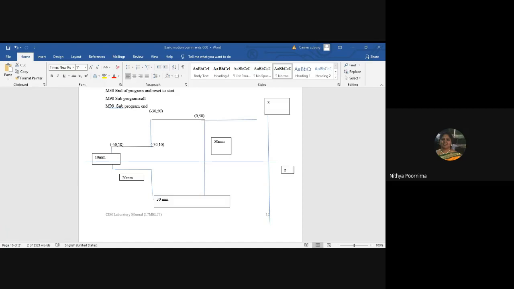I'll be looking at the word and asking questions. Unless you answer, I will not get to know. Shiv, what is the operation it will use? Which command are we going to use? G02. Is there a circular interpolation there, Pavan? Look at the sketch properly. Is there a circular interpolation there?